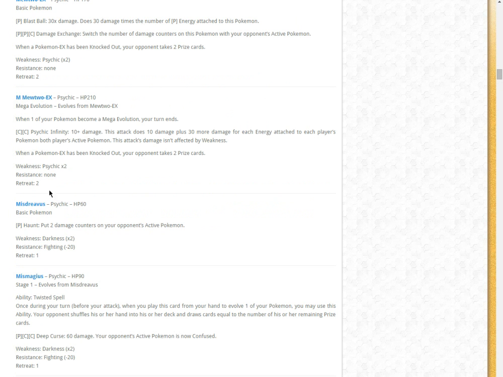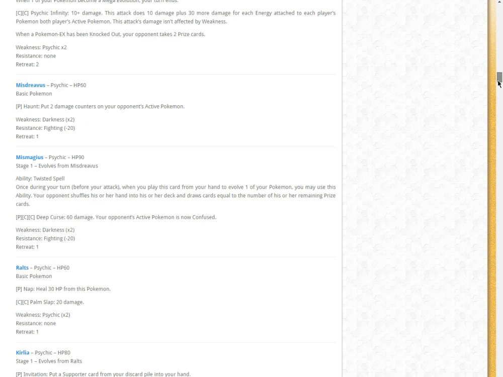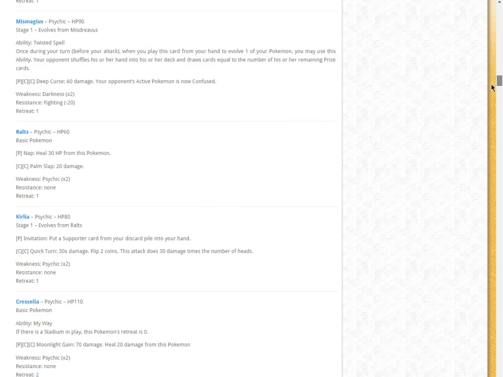Then we have a Misdreavus, Mismagius. And Mismagius has N, basically, in the ability. When you play it from your hand, you do the effect of N. Not that great of an ability. I don't know. It could see play. We've definitely seen crazier things happen, so who knows? It's not that great of a card, though, but we got Ralts, then we have Kirlia, and then we have